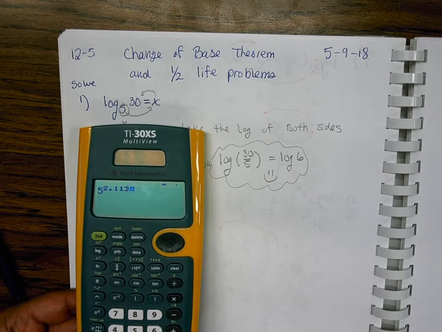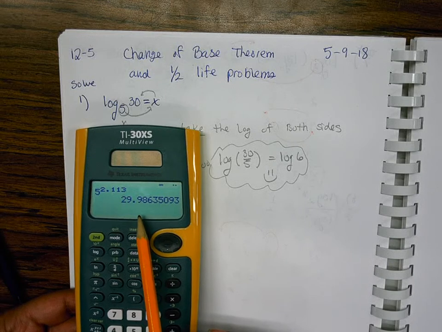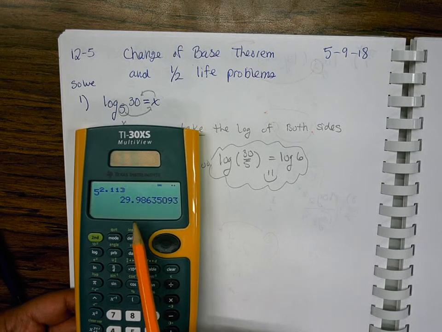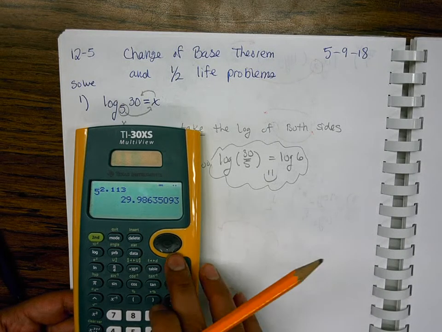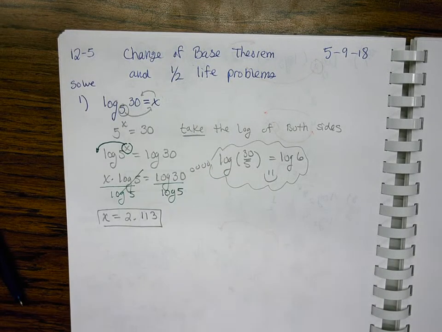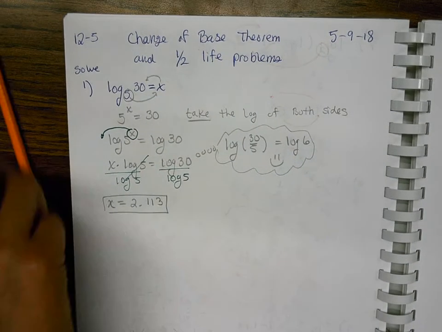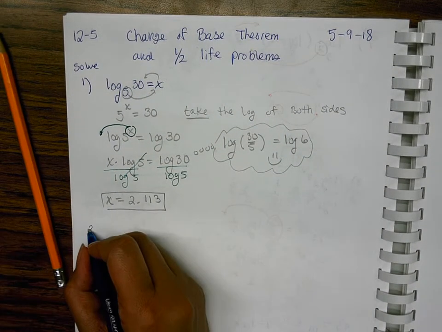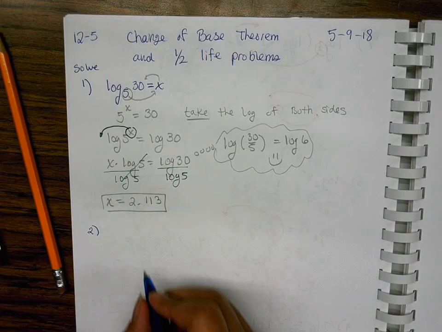5 raised to the 2.113 power should come out to be pretty close to 30, and it does, 29.986. Make sense? Again, you don't have to show that work. This is just showing you that it indeed truly does work. All right, let's try another one, and then we're going to try to figure out the change of base and